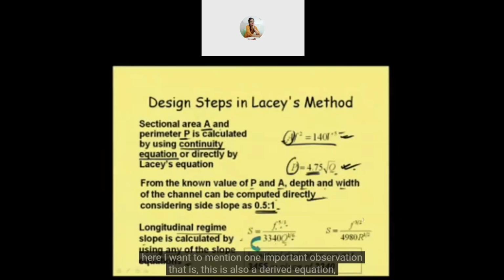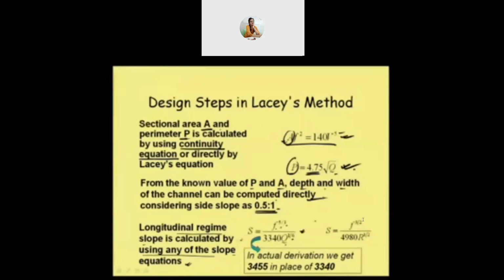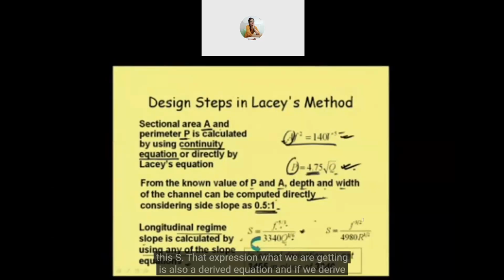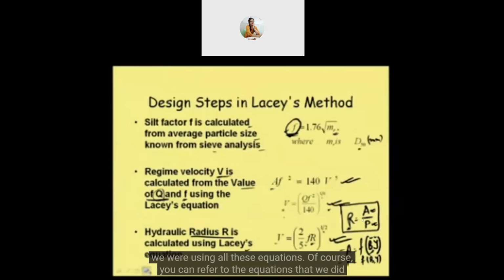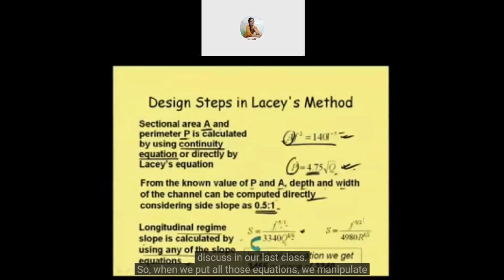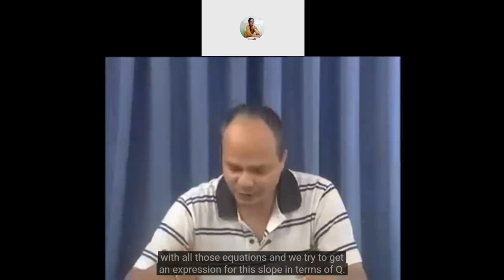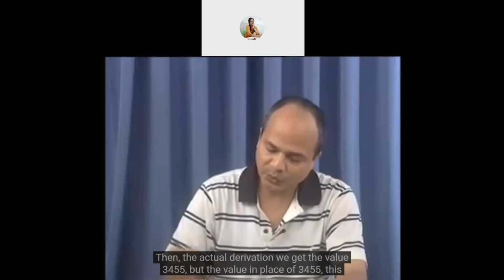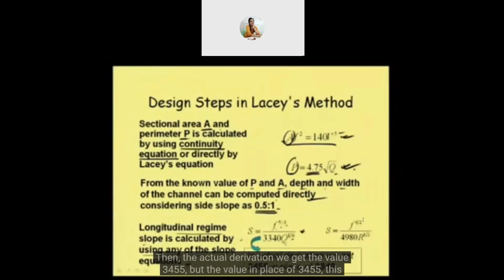Of course, here I want to mention one important observation, that this S expression we are getting is also a derived equation. We derive it from the equations that we were using, and you can refer to the equations that we discussed in our last class. When we manipulate all those equations, we try to get an expression for this slope in terms of Q. Then, from the actual derivation, we get the value